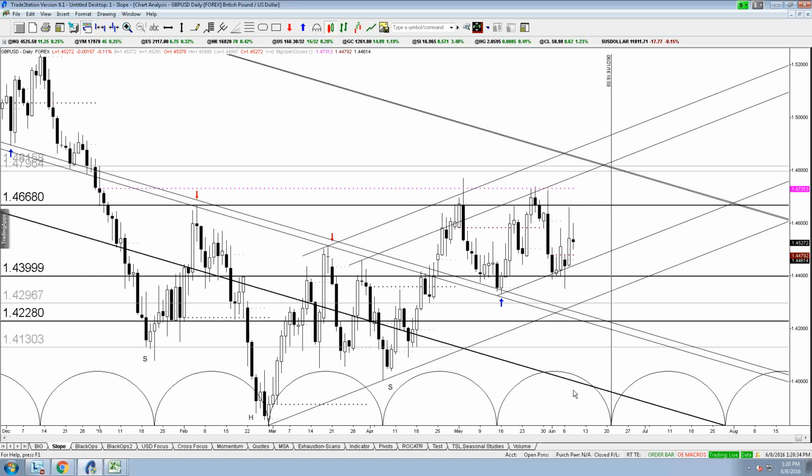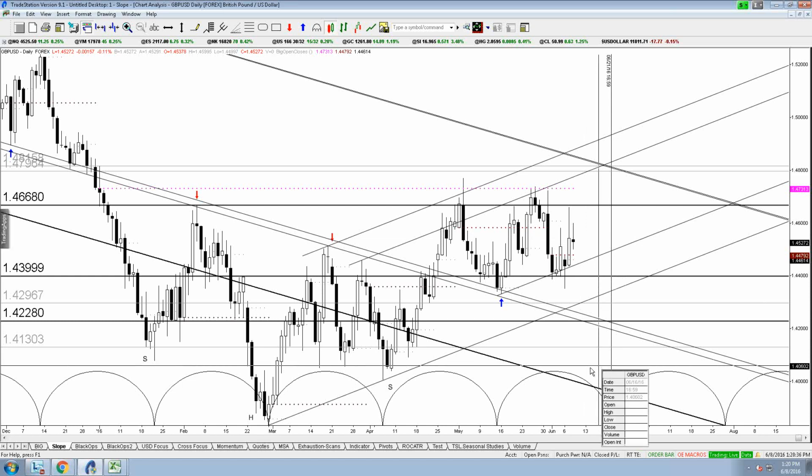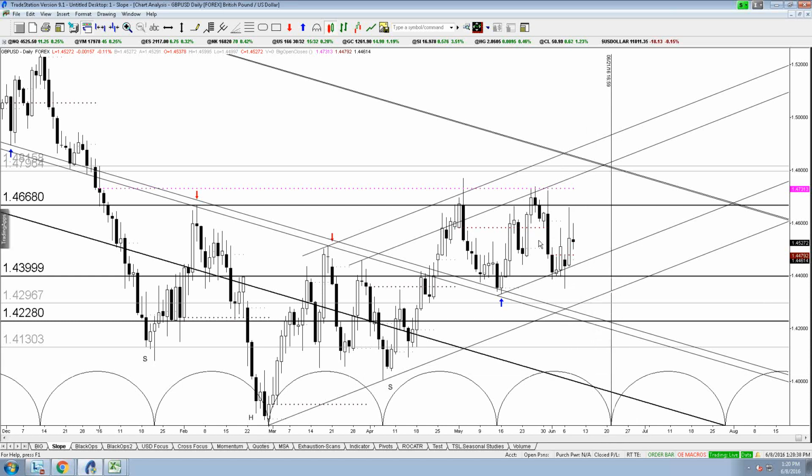as far as the cable is concerned for setting up in a trade into Brexit would be if it kind of traded higher, sold off into 621, the cycle low date, and then you would have an opportunity to really get bullish and to support whatever that may be. But that's in a couple of weeks, so wouldn't think too hard about that right now. Again, pound yen's a better look at this point, and we'll look at that a little bit later.